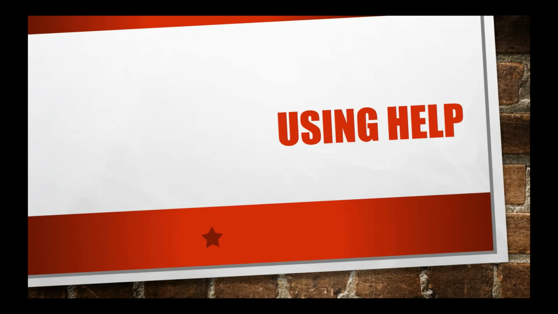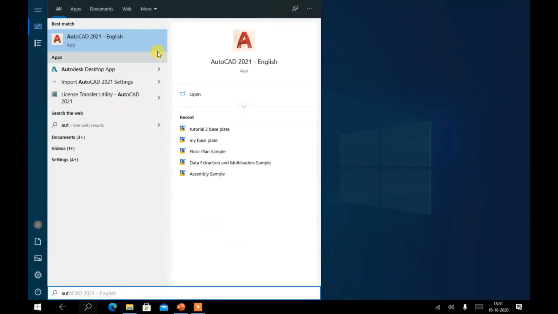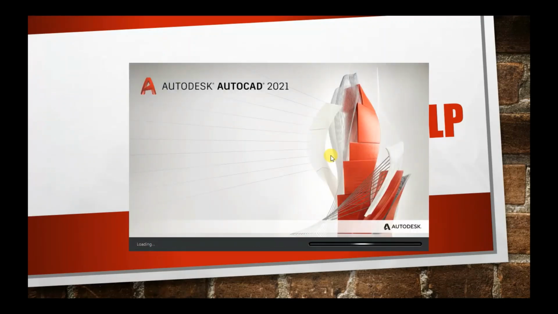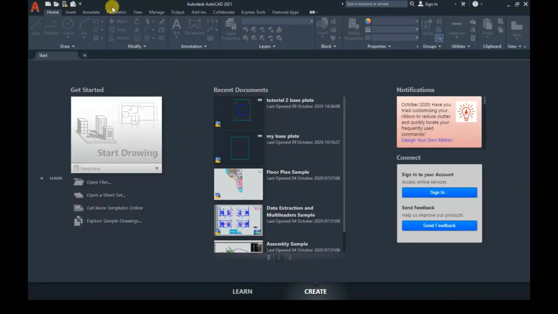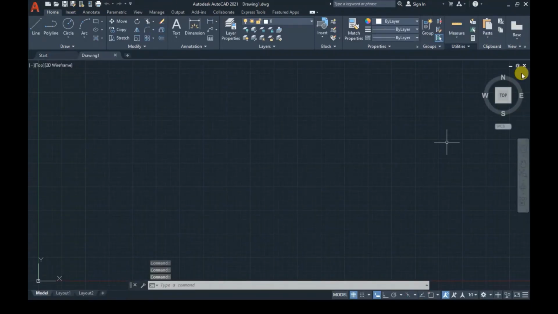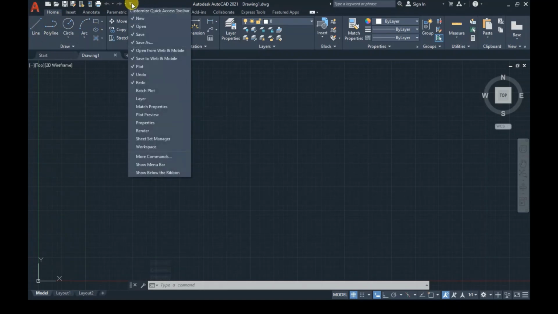And yes, there's one more thing I can tell you about AutoCAD. You can talk about workspace. Sometimes you will say that you cannot see the workspace. So how do you see that workspace? Generally, we are talking about the drafting and annotation workspace. If you click over here, you have the workspace button.